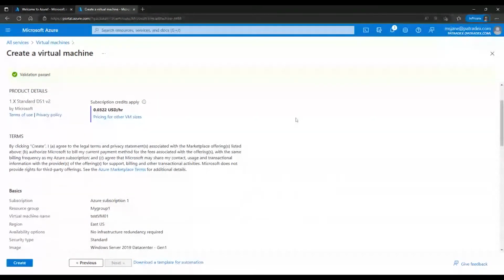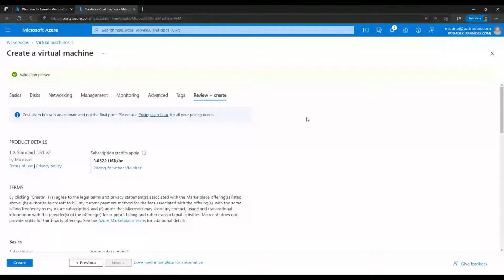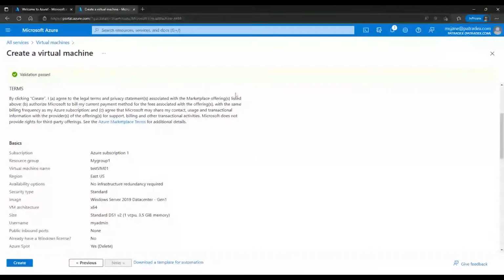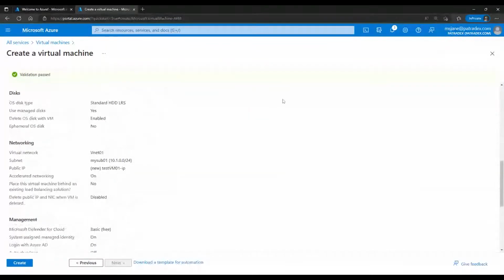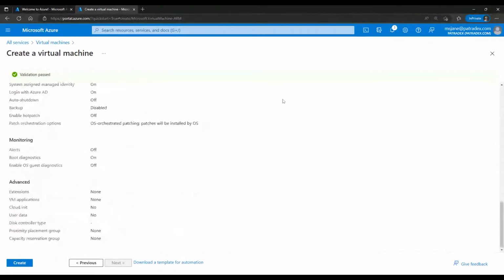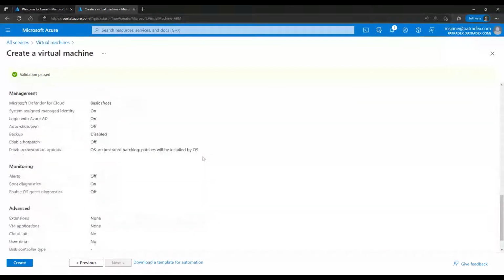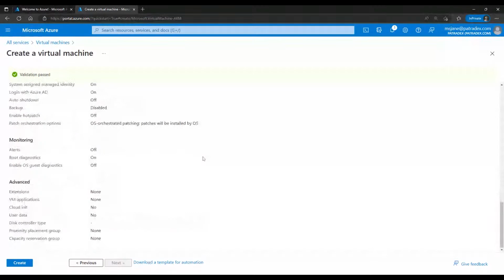It is incurring just a little over 3 cents per hour in terms of cost. But this is just an estimate. The final price can differ. So it also helps you to understand your cost. All of these you can just check and do your validation. And if there is something that you don't like, you can hit